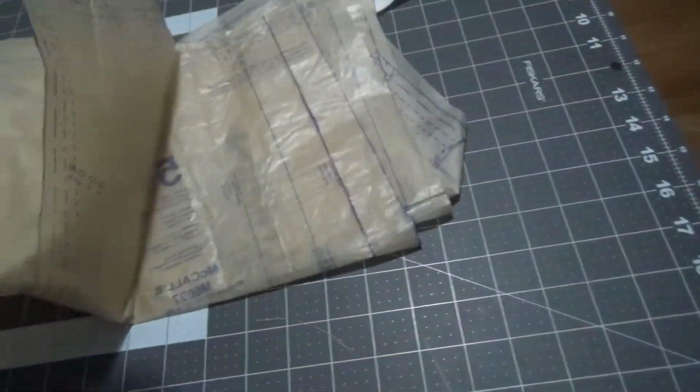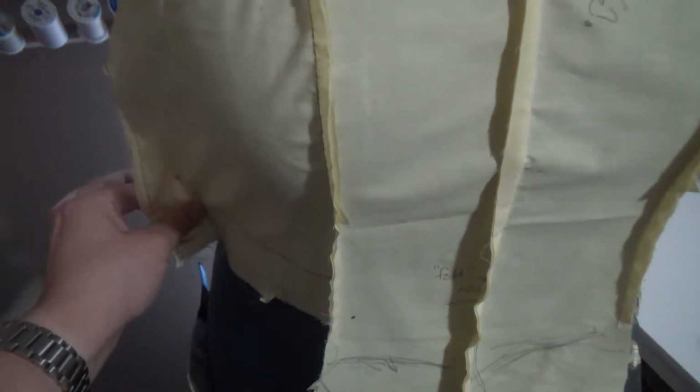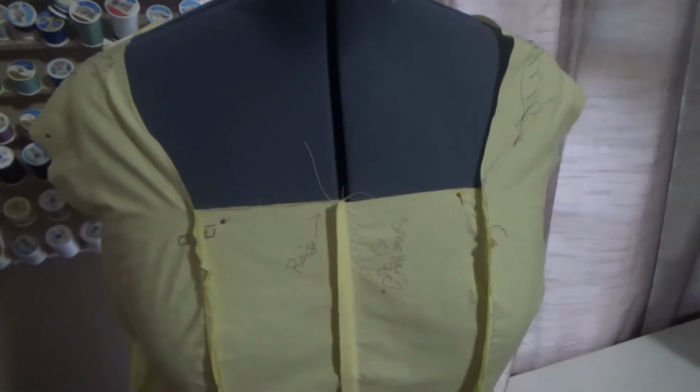Okay, so I don't remember when the last time was that I checked in, but it is Friday, December 11th at 3:30. So what I'm going to do in the next 30 minutes between being done with work and going to pick up the tiny human from school, I'm going to start working on the bodice mock-up round 2, because you can see even on the dress form, which for some reason is measuring 35 inches but it's not fitting right, I cut out a pattern and it is way too big. So I'm going to start tracing out the pattern pieces and roughly blocking them out and trying to alter them